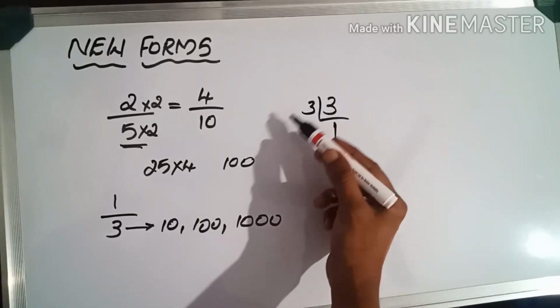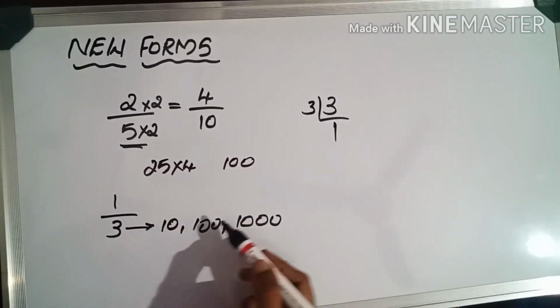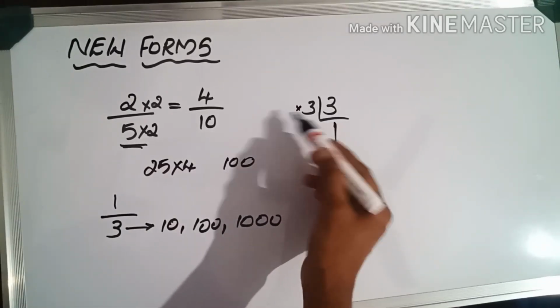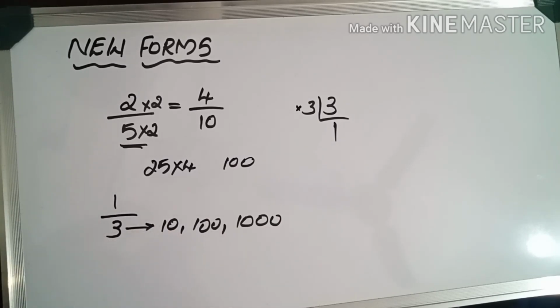We need to convert it as a product of 10, then only we can convert that number into powers of 10. So here 3 into nothing is what? 10. So in this case, the method is different. Okay, that is a long method. So in that case also we can find the decimal form.